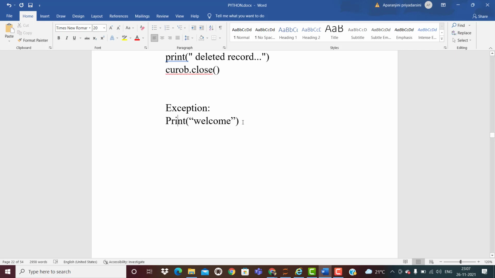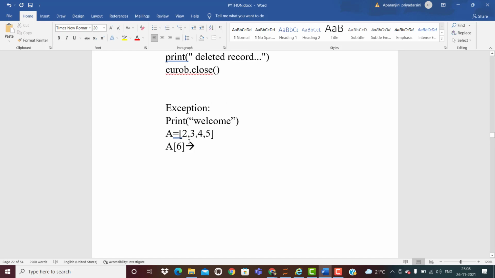Whereas for an exception, for example, here you have declared an array, and in this array you have declared 1, 3, 4, 5. This is index 0, 1, 2, 3. 3 positions are there. But when you are printing, if you give the 6th index, this is an array index not found exception.